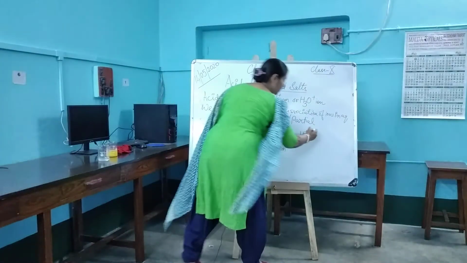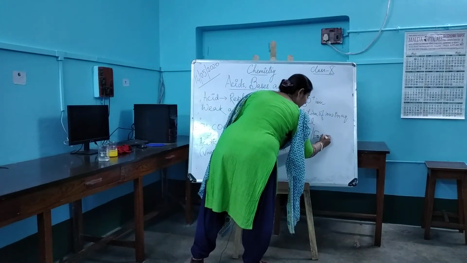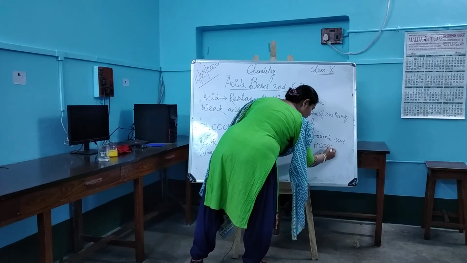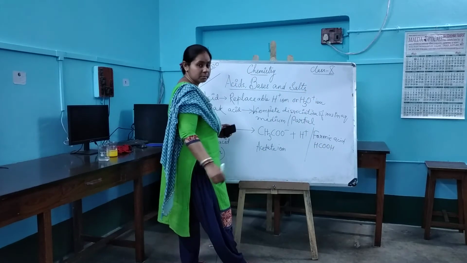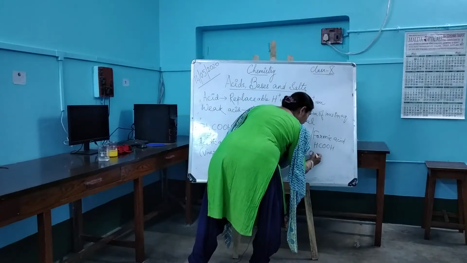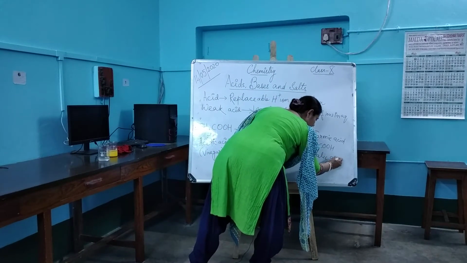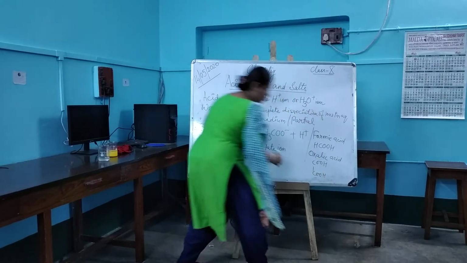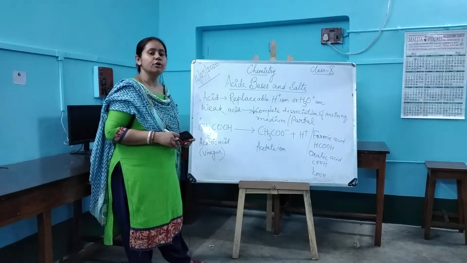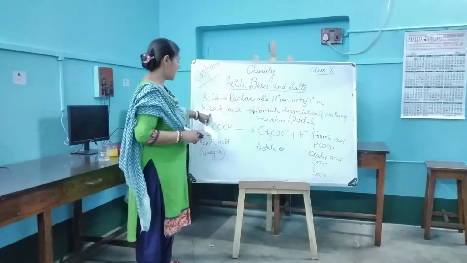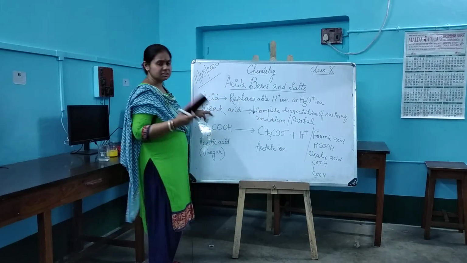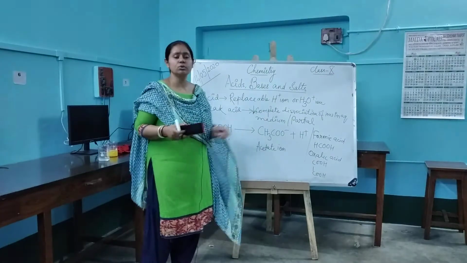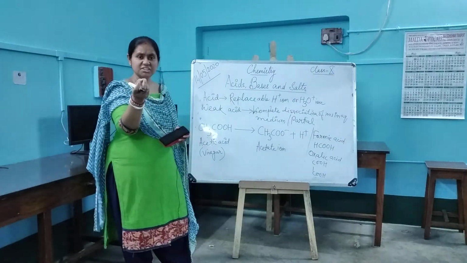Other examples of weak acid, we have formic acid, HCOOH, or oxalic acid. Oxalic acid is formulated like this, COOH, COOH. So these are some of the examples of weak acid. Now, formic acid, you might have heard the name. We find it in bee stings. Formic acid is found in the bee sting or the ant bites.